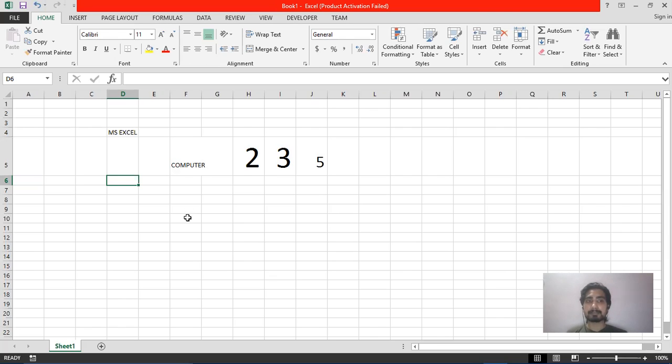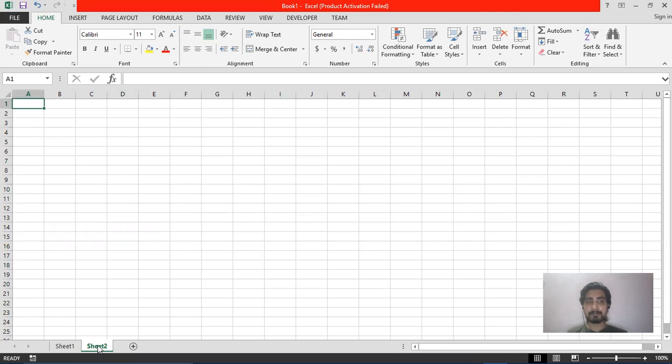So right now in our MS Excel application, there is only one worksheet, which you can see here, represented by Sheet1. If you want to add more worksheets in your MS Excel application, click on the plus sign just after the sheet tab. This is known as the sheet tab, which represents the sheet which you have selected right now. Just on the right side of that sheet tab, you can see a plus symbol. This is used for adding a new sheet in your MS Excel application. So just click on that and a new worksheet will be added.